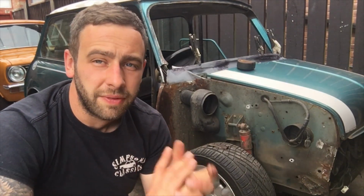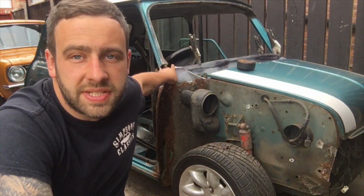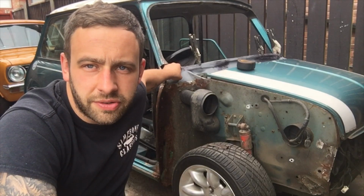Where did we get up to in the last episode? So a quick recap. We finished, or about 80% finished, the bulkhead. We have just got to make up some bits on the end. But I did say in the last episode that I wasn't going to do that until I got the dash rail in place. I wanted to keep a bit of rigidity there. And then I can start test fitting the scuttle and things like that